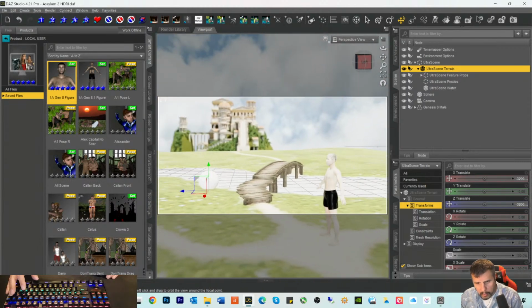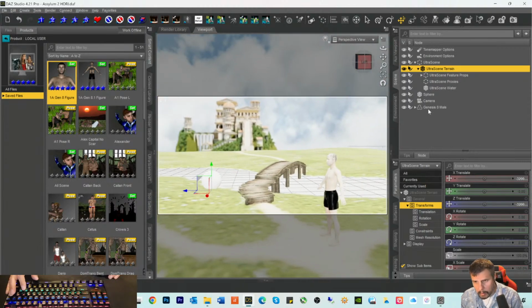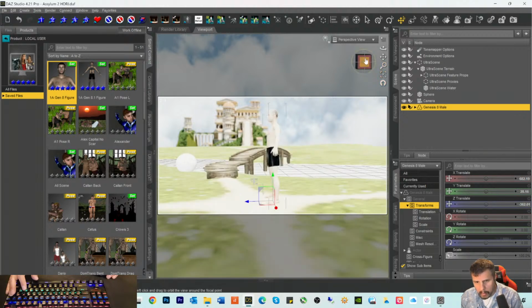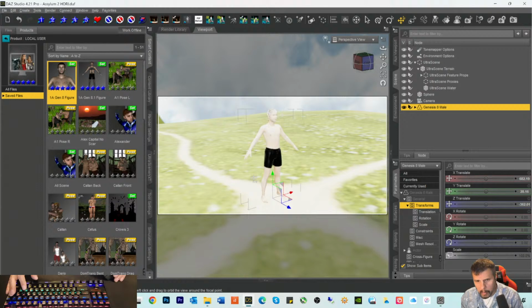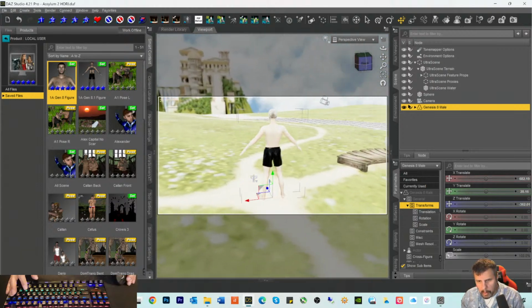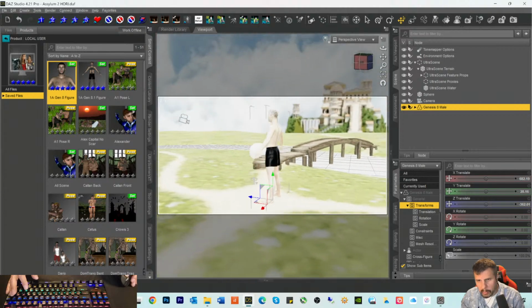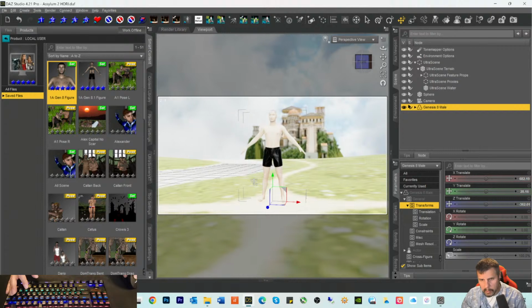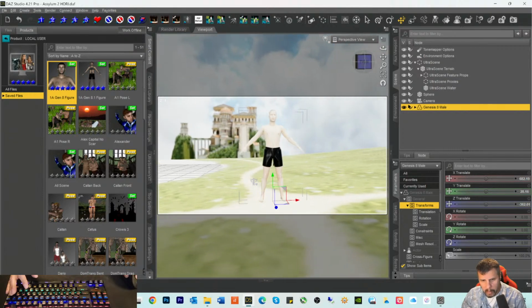You get to see, okay, I got to select him again. Let's zoom in on him. This is going to be nice. This is going to be nice, I think. All right, so